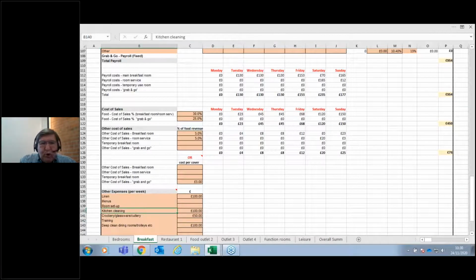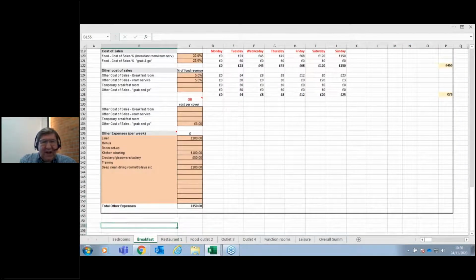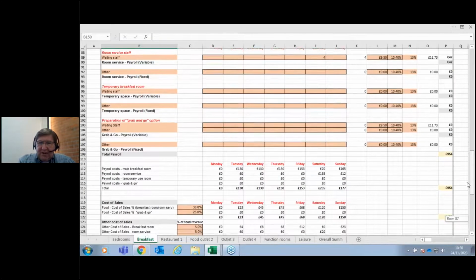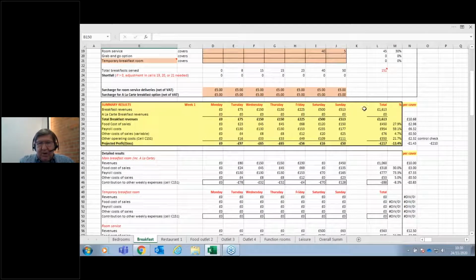And again, you can go in and edit these and name these whatever way you want. And that's all you have to put in on the breakfast side. And what it does then, if we scroll up to the summary, which again is this sort of beige coloured area, we have no breakfast on Monday, so there's nothing in there. So our breakfast revenues then are across here for each of the individual days, and we've a total for the